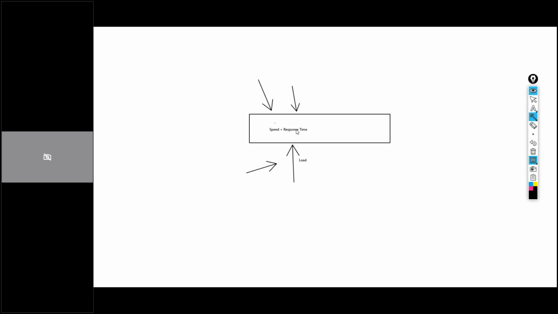There should be some amount of load applied on the system, based on which we validate how fast the application is responding, how fast the pages are loading, and all those things.